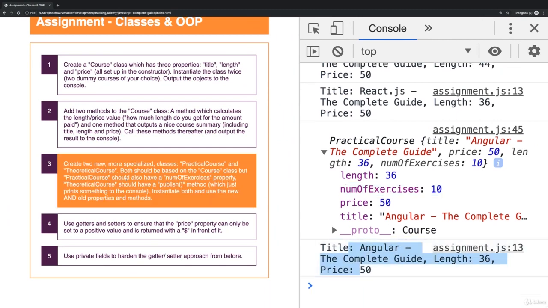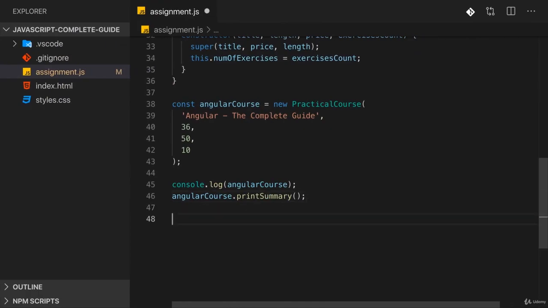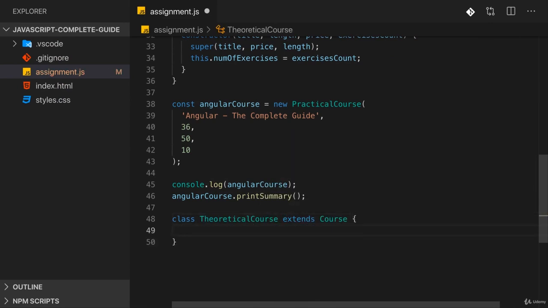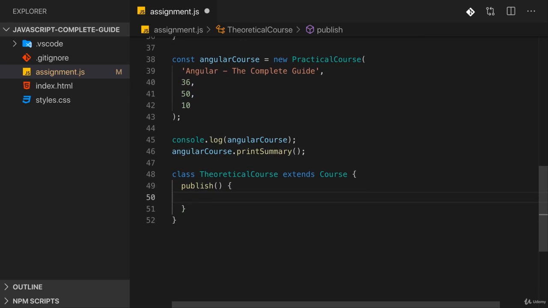Now we're not done, we also need another specialized class, the theoretical course class, which should also be based on course. So I'll add another class here, theoretical course, which also extends course. And in there I want to have the same properties. Therefore I don't need to add a constructor here. If we don't add one, we automatically get the one of the parent constructor. But I want to add a publish method here. And that publish method should do something. Here I just log